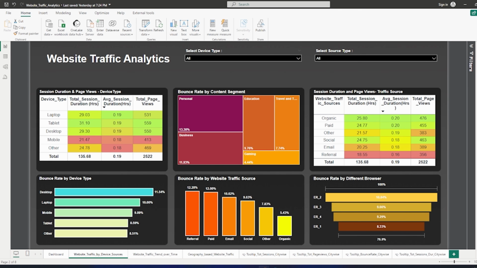So this should be the structure of our report. In this report, there are different visuals that we have used. We are going to use all these visuals in this report, in other words, I can say we will design all these visuals in our report as well. We will understand how we can color code these values. So all this we will learn when we are going to design this website traffic by device and sources. So let me copy this particular name of this report, and